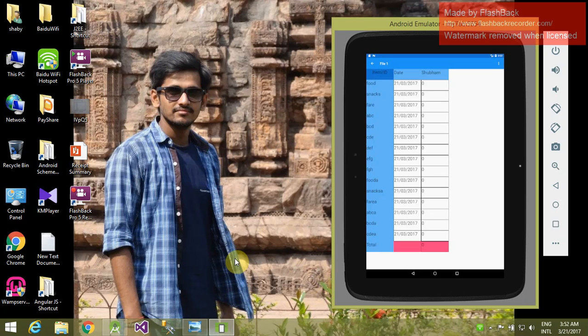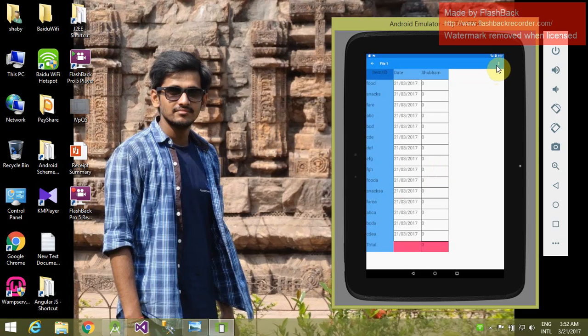A dynamic table layout is such that we want to add some columns or some rows according to our wish. As you can see in this screen, I have a table created in my emulator and I will be adding some dynamically generated columns and rows.